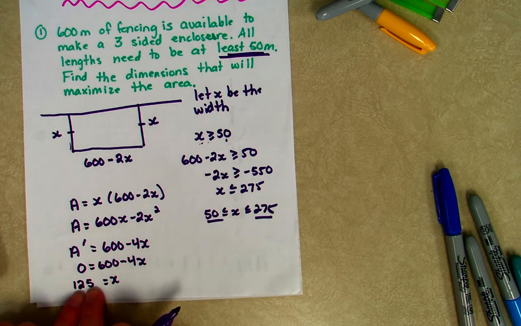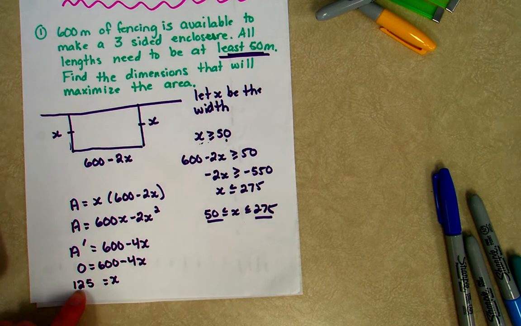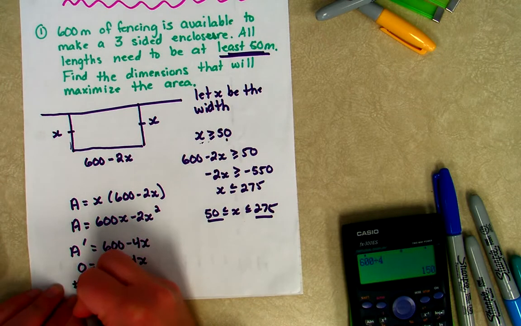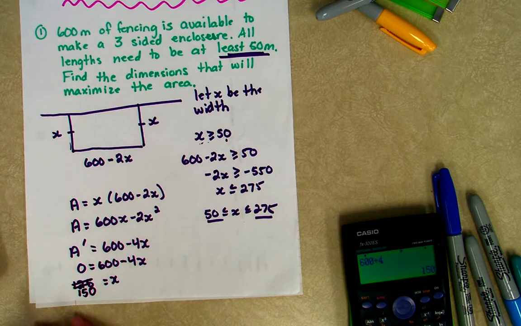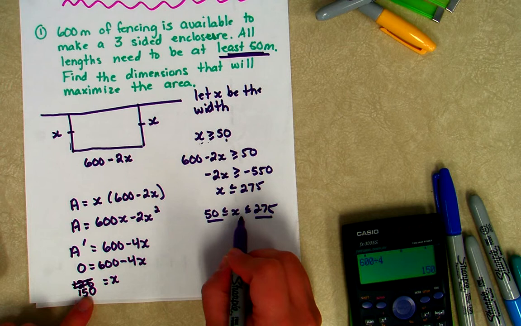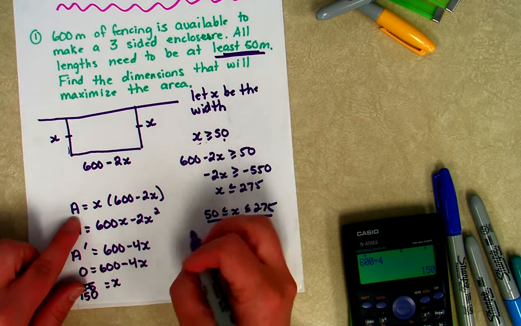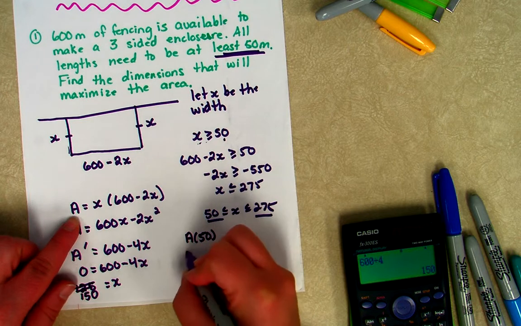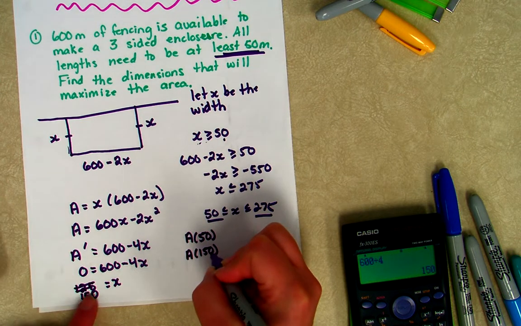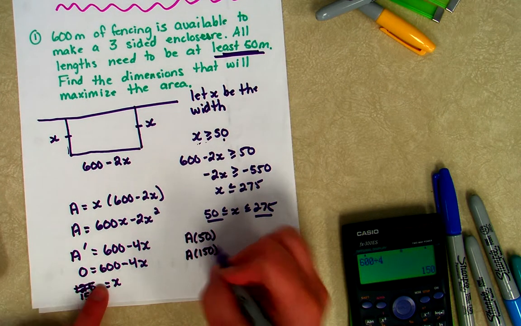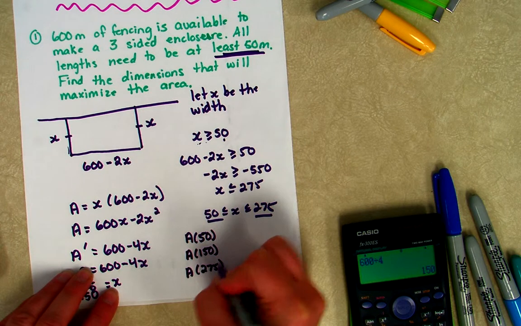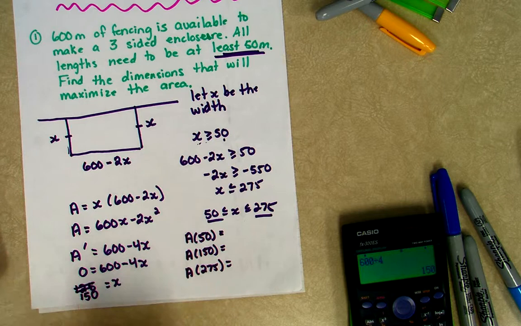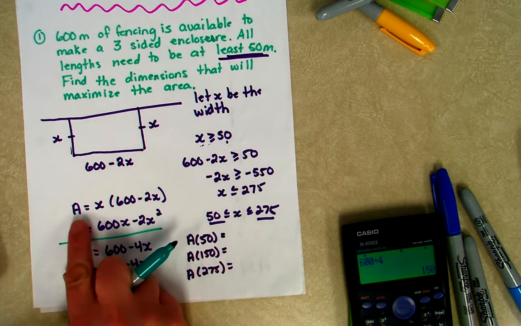No, that's not quite right. Sorry about that. 600 divided by 4 is 150. Having a rough day with my numbers. So x equals 150. 150 is within this interval. So I'm going to find A at 50, because that's an endpoint. A at 150, because that's a potential extreme value from my solving. And A at 275. Remember, be careful to skip over and go to your A formulas, not your A prime